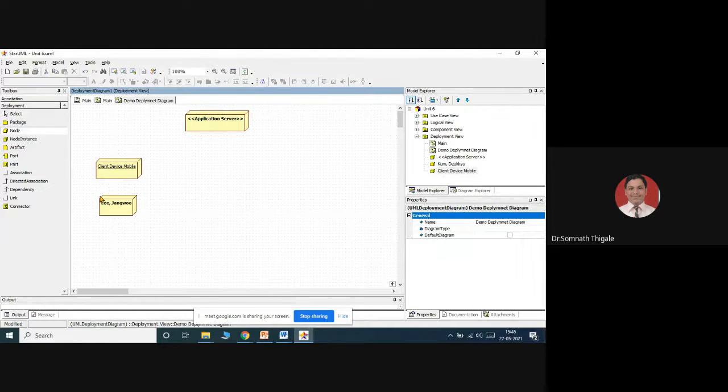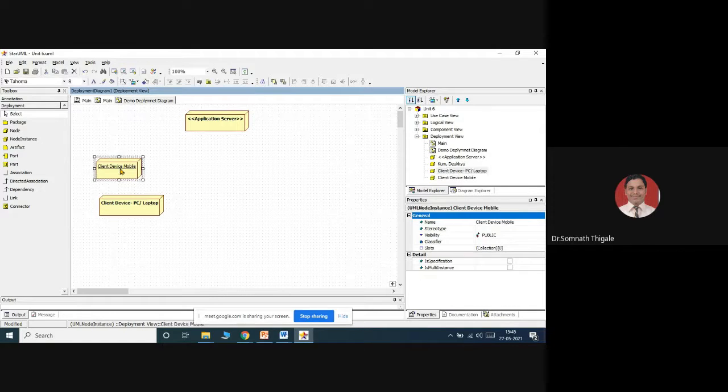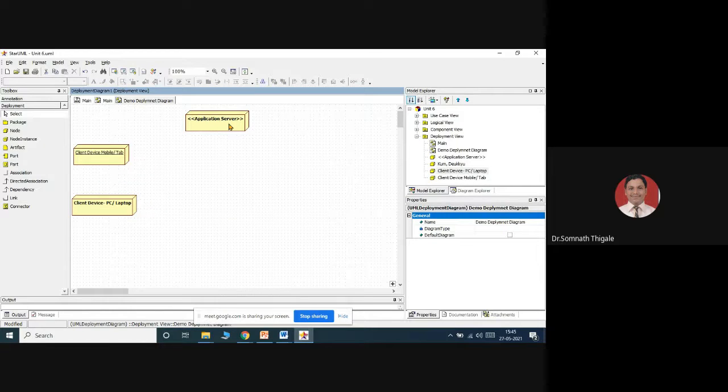I will add one more node, client device, maybe either a PC or a laptop. In mobile phone, I can say maybe a tab or any other device. They are able to communicate with the application server.